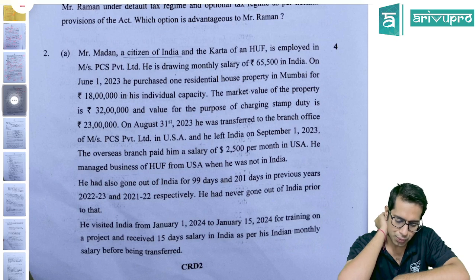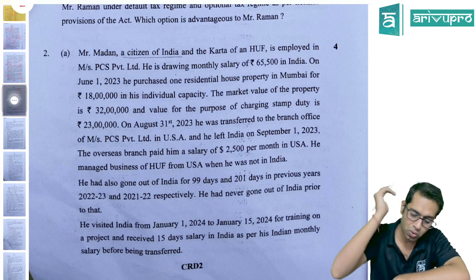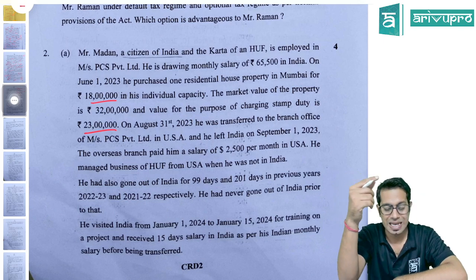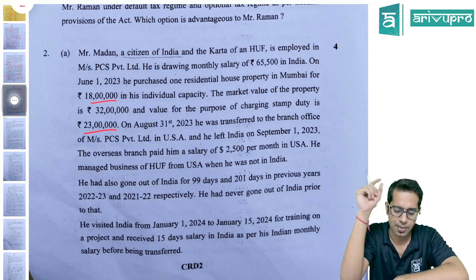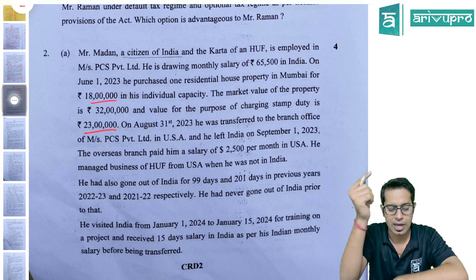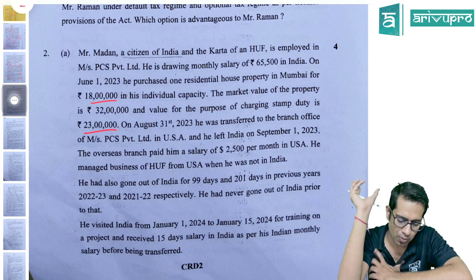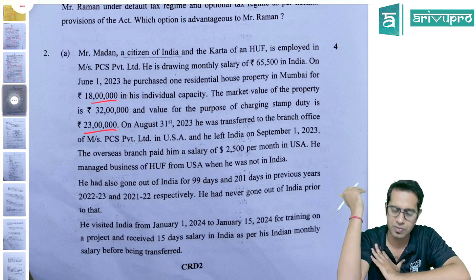On June 1, 2023, he purchased one residential house property in Mumbai for 18 lakh rupees in his individual capacity. The market value of the property was 32 lakhs and the stamp duty value of this property was 23 lakhs. Okay, so here the gift provision will come. I have purchased for inadequate consideration, so the gifting provision will come wherein the stamp duty value is more than 110% of purchase price and the difference is more than 50,000. That difference will be taxable. So here that gift provision will be coming and 5 lakh rupees will be taxable under